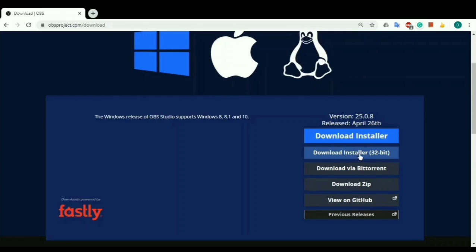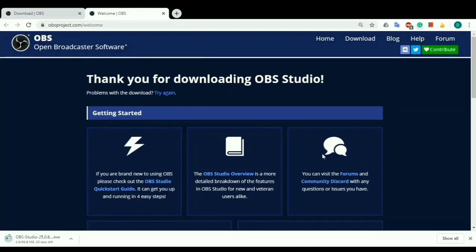I will choose download installer 32-bit for my PC. So click on download installer 32-bit. Now you can see downloading has started here.